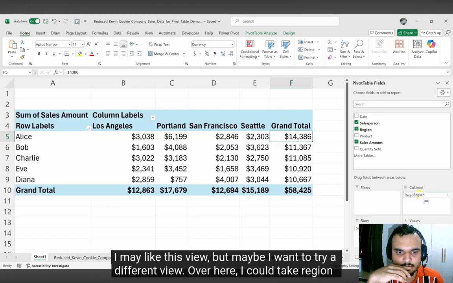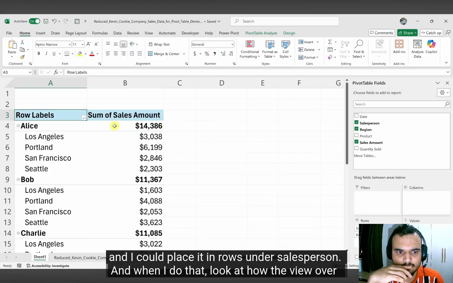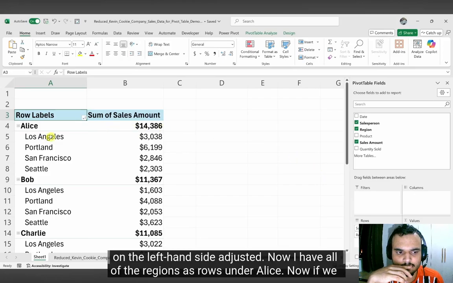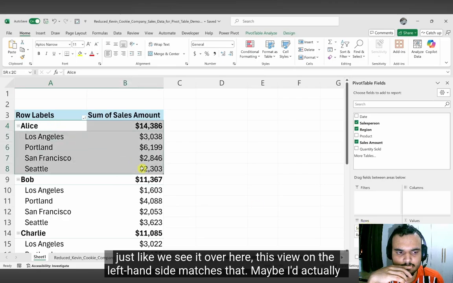Over here, I could take region and I could place it in rows under salesperson. And when I do that, look at how the view over on the left-hand side adjusted. Now I have all of the regions as rows under Alice. Now, if we look over here, we have the salesperson as the top level and then the region as the second level. And just like we see it over here, this view on the left-hand side